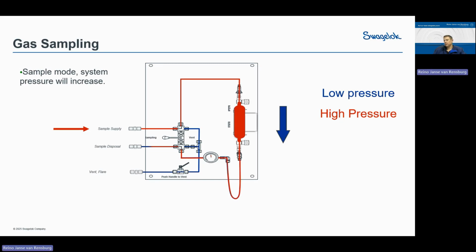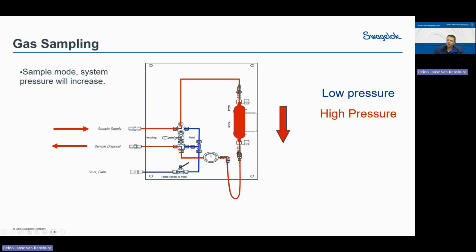Our gauge will show that we now have pressure on the downstream side of the cylinder. So you will see it's important where our gauge is situated. Like I mentioned earlier, you don't want your gauge to be a dead leg that can contaminate your system afterwards. So it's better to have it on the downstream side of your cylinder rather than the upstream side. So you can still see whether there's pressure in the system or not, but it doesn't cause any sort of contamination.